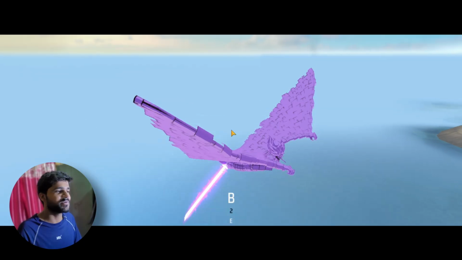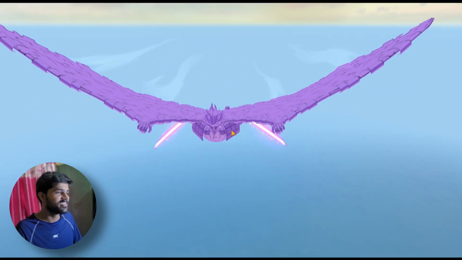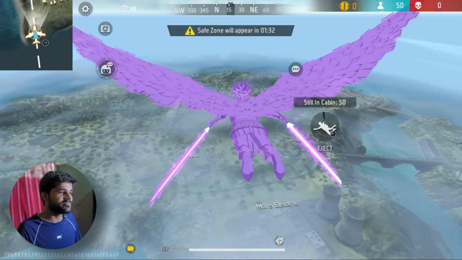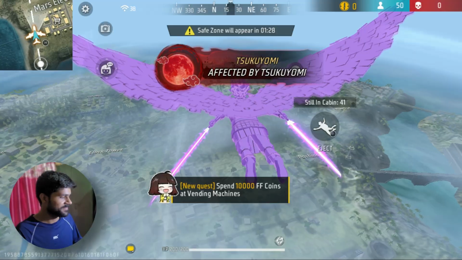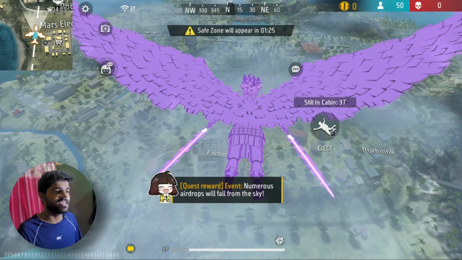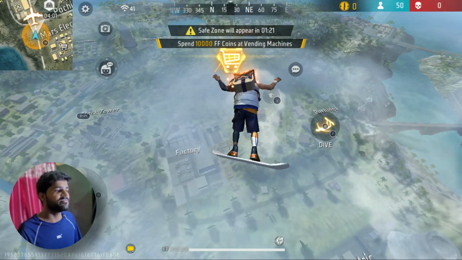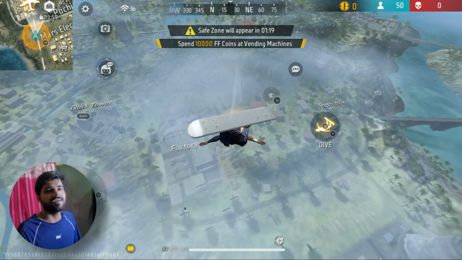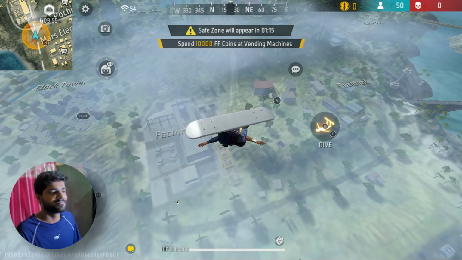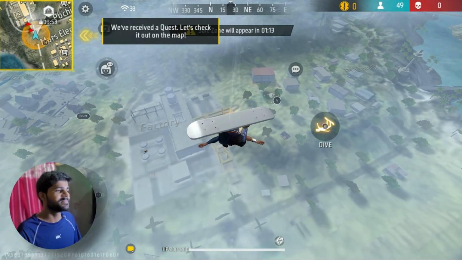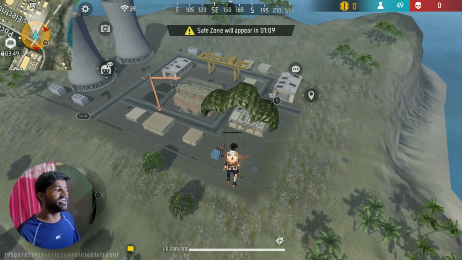Okay, as I told you earlier, by default everything is going to work. My mouse is working. As you can see, key mapping is already there. And if I press F, this is going to let me jump. And G for dive. I don't play these kids games, but for the sake of information for you guys, I am doing it.